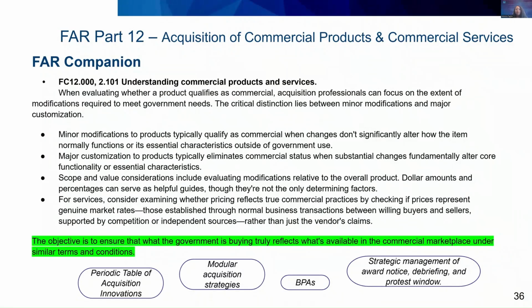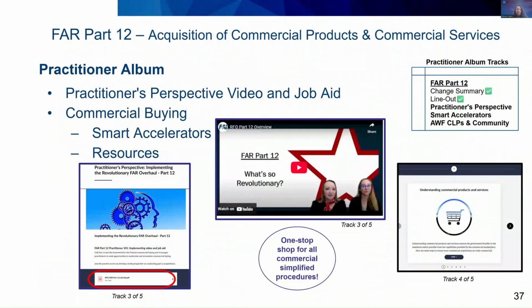And then one last item I'll cover in the FAR Companion that I think is really important to both the acquisition workforce and our industry partners is the strategic management of award notice. This encourages the acquisition team, led by the contracting officer, to prepare quickly to provide debriefings when requested, after making award decisions and notifying unsuccessful offerors. So these are ultimately designed to heighten the acquisition workforce's focus on industry engagement and sharpen our strategies. I'm talking about that feedback loop, so it's really important as we get that.